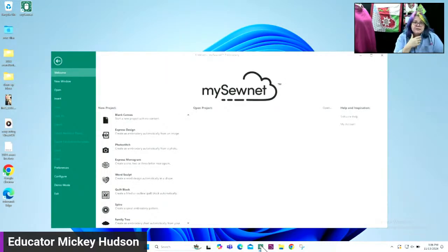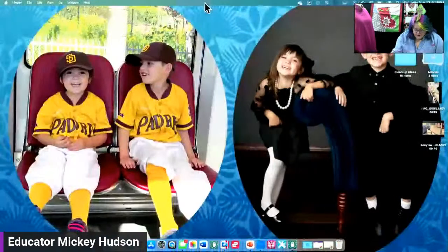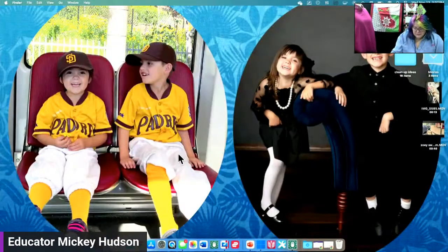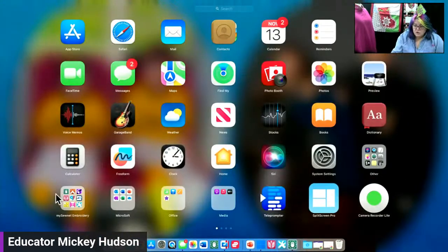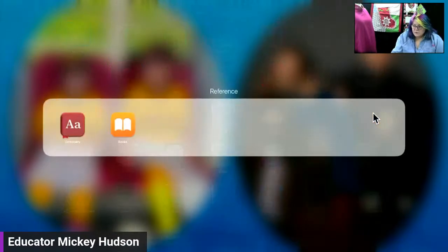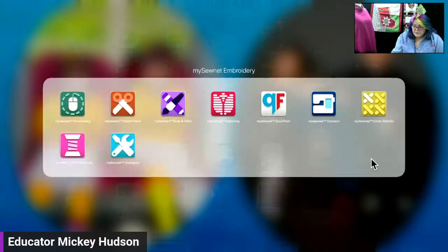And so once it comes up, that is how you're going to open up your software. Now I'm going to jump over to the Mac for a minute because it's the same thing. You will go to your Launchpad and you will find your apps here. Now you can stack your apps just like you can with your phone. So that is what I've done here, where I've stacked my mySewnet apps so they're all together and they're all